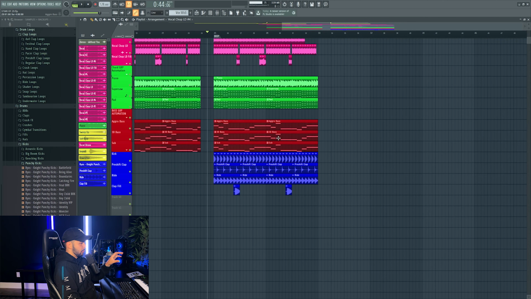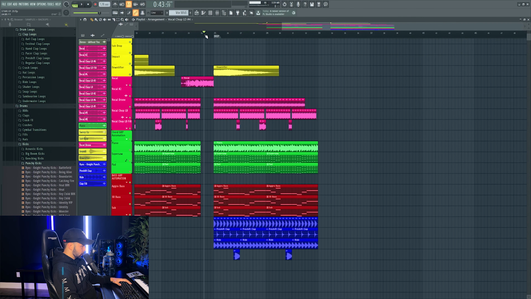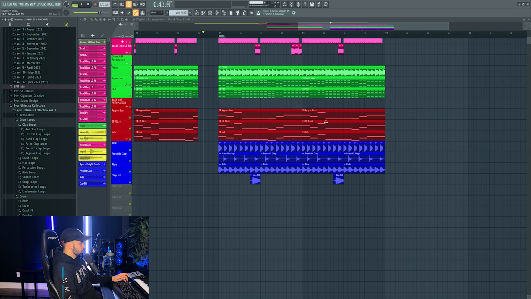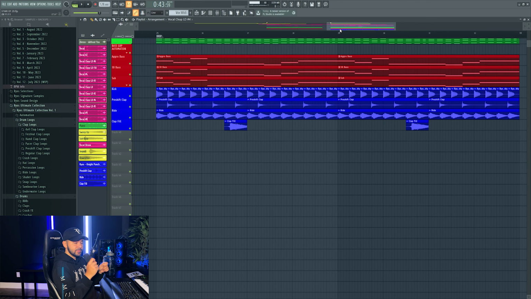Now I want to pay a little more attention to the drums and some of the other details in this drop to make it a little cooler, a little spicier, you know what I'm saying? So the first thing that I had in mind was looking at the drums. So maybe we can add some percussion to either follow the melody of the chords, or maybe some small sweeps and little glitches and tidbits might be cool throughout this drop.